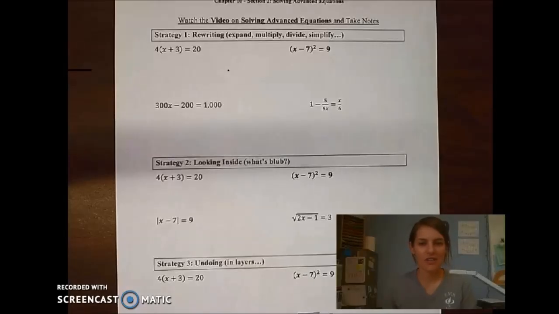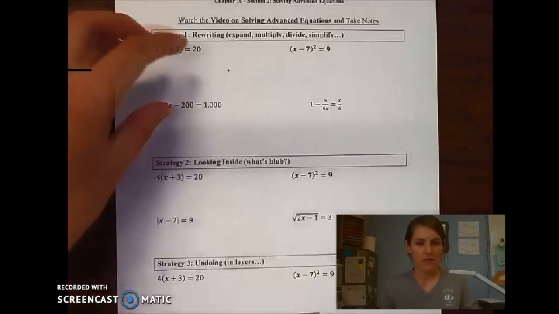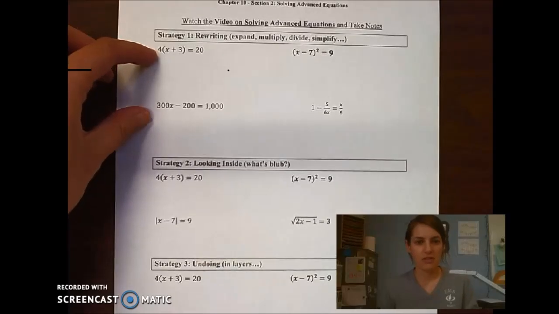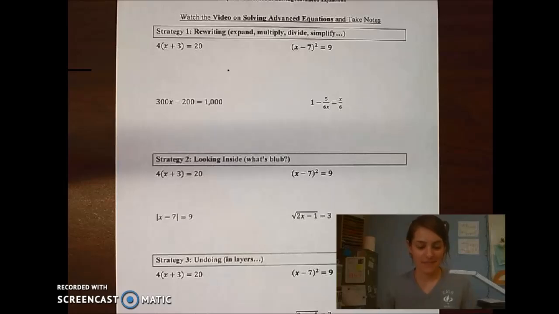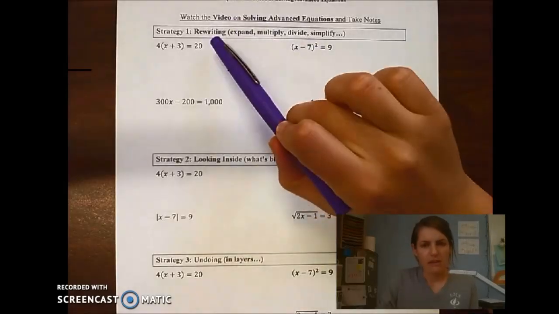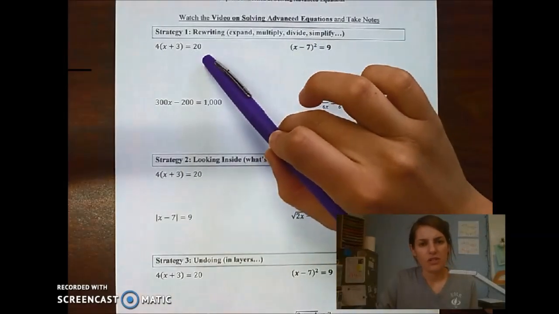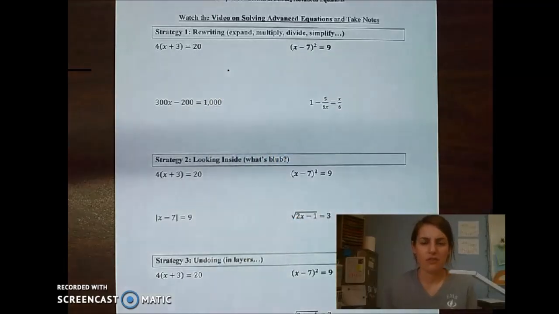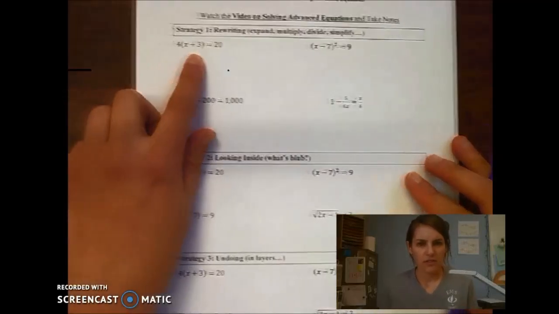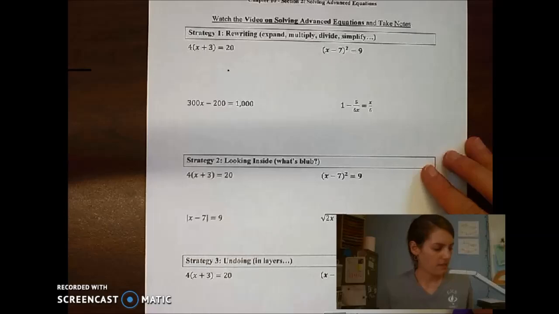Hey, so in this video we're going to discuss 3 strategies for solving advanced equations, and we have it organized by we're going to solve 4 equations using the first strategy, and then we'll switch to a different strategy. So the first strategy is to rewrite the equation, and by rewrite it depends on the type of equation what we mean by that, but basically it's essentially can you write it in a different way that's going to make it easier to solve. So for the first example, we have 4 times x plus 3,